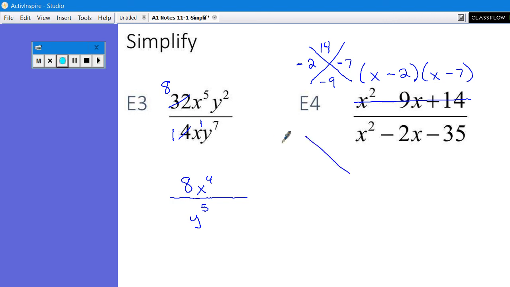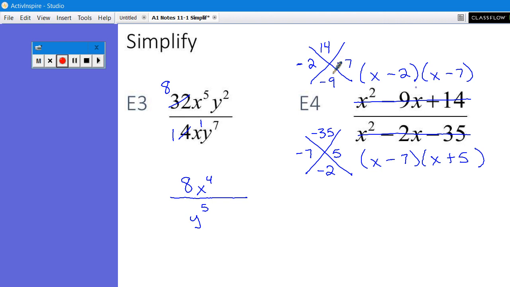Do the same thing on the bottom. That's going to have -35 on the top, -2 on the bottom. That's going to work with numbers -7 and +5. So it factors into x minus 7 and x plus 5. Cross that out. Now to simplify, now that we have multiplication, these are multiplied by each other, we can cross out entire terms,